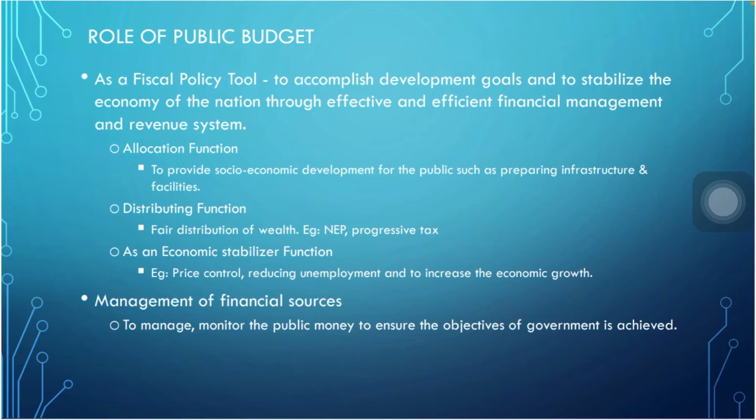Dia at equal point. Dia balance lah. Dia titik tengah. Number 2, the role of public budget is the management of financial sources. So again, to monitor the public money and to make sure that the objective of the government is being achieved. So for example macam kutipan cukai, tujuannya adalah untuk boost out the infrastructure of the state lah. So make sure apa yang dibelanjakan itu dapatlah hasilnya kemudian, and nak pastikan segala perbelanjaan yang dibuat